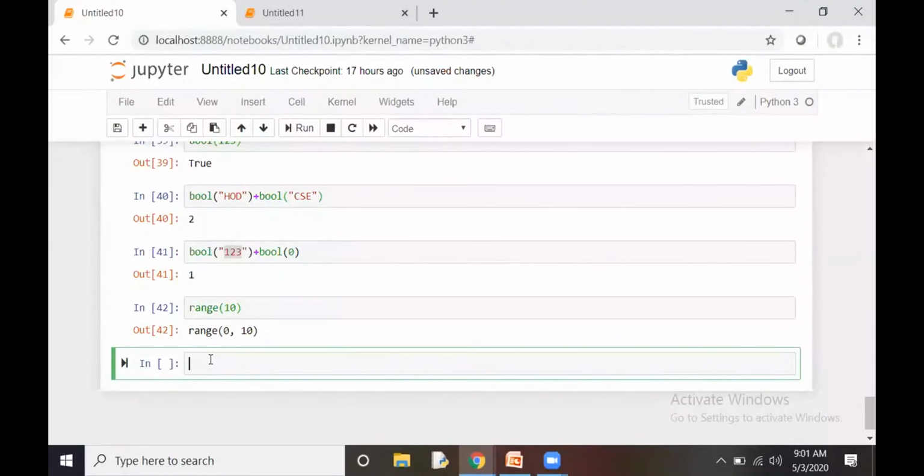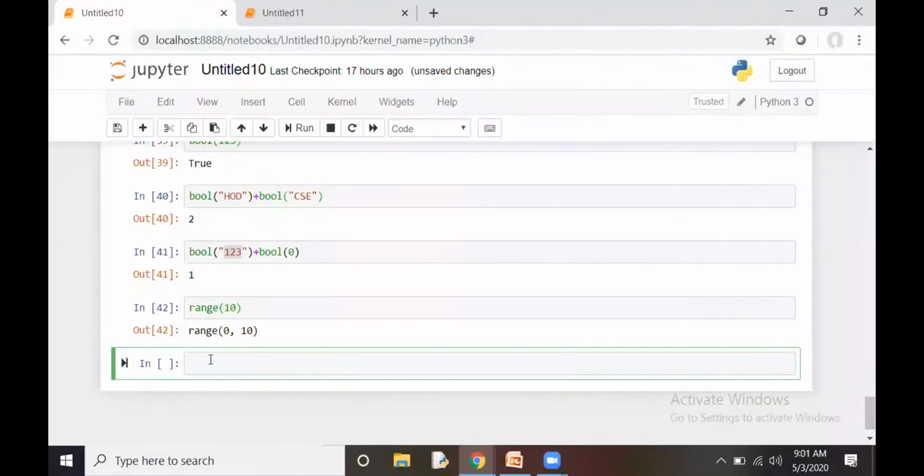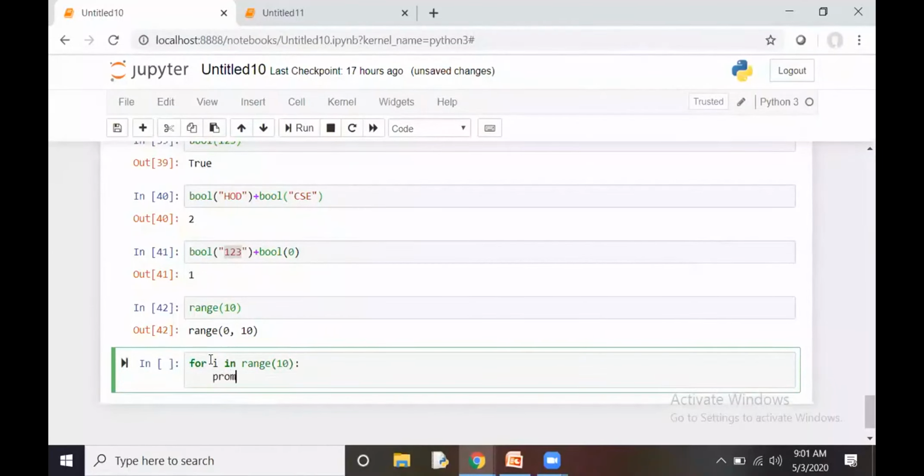That means either you can use a while loop or you can use a for loop. Then only you can take the values from the range. See here. Suppose for i in range 10. That means for each value of i in range, that means range creates several values from 0 to 9. For each value from 0 to 9, I want to print those values. Print